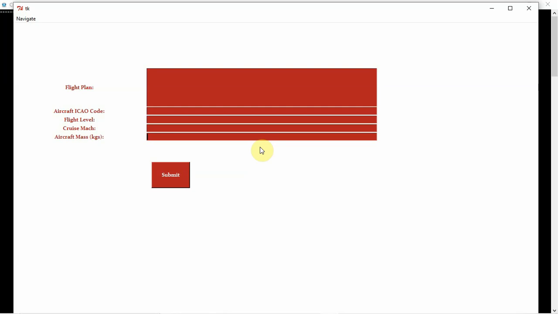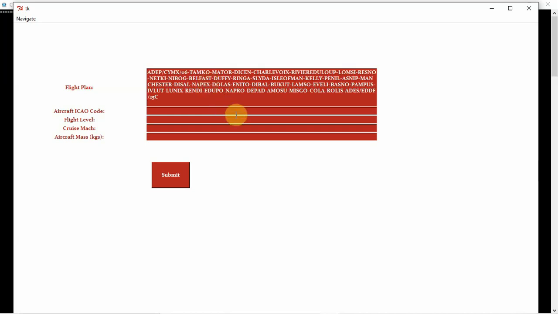So this is basically a total energy model, based on BADA. What we do is we'll just enter the flight plan. This is the flight path, the proposed flight in compliance with the ATC, that is air traffic control. Then the flight plan which we have entered here is